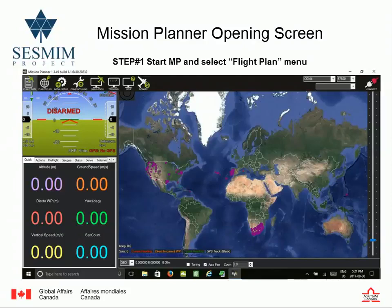If you notice on here, there's some little purple circles. Those are supposedly no-fly zones. Okay, this is the screen that you'll see when the drone is flying, and it will have things like altitude